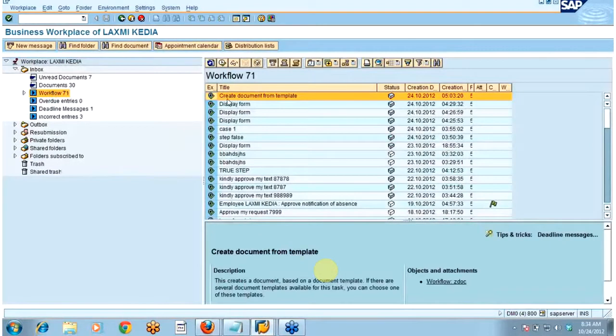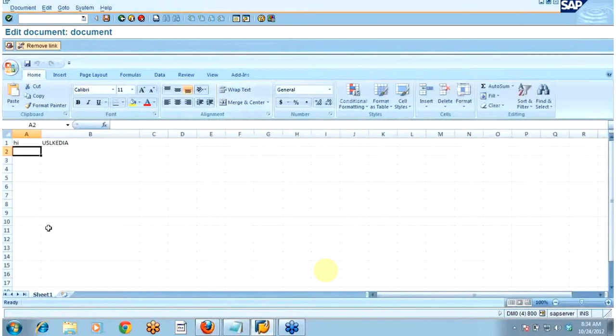You can see here one work item has appeared, create document from template. If you double click on it, one Excel sheet is attached with this particular work item. You can see the Excel sheet comes here, and the runtime value US LKDA, which I populated as workflow initiator, has come here. So this is how the runtime values get populated.